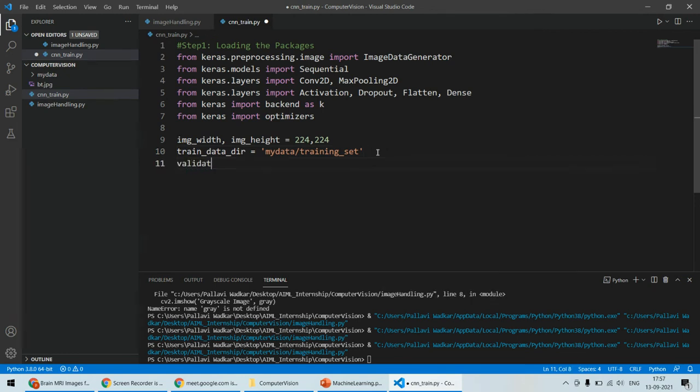सिमिलरली वैलिडेशन अंडरस्कोर डेटा अंडरस्कोर डायरेक्टरी, इस नाम से हम एक वेरिएबल बनाते हैं। तो अभी ये जो वैलिडेशन का डायरेक्टरी है वो क्या है? माय डेटा करके एक फोल्डर है, उसके अंदर है टेस्ट अंडरस्कोर सेट, तो ये मेरा उसका डायरेक्टरी। तो ये कुछ वेरिएबल को हम इनिशियलाइज कर रहे हैं कि हम कहाँ से क्या लेने वाले हैं।